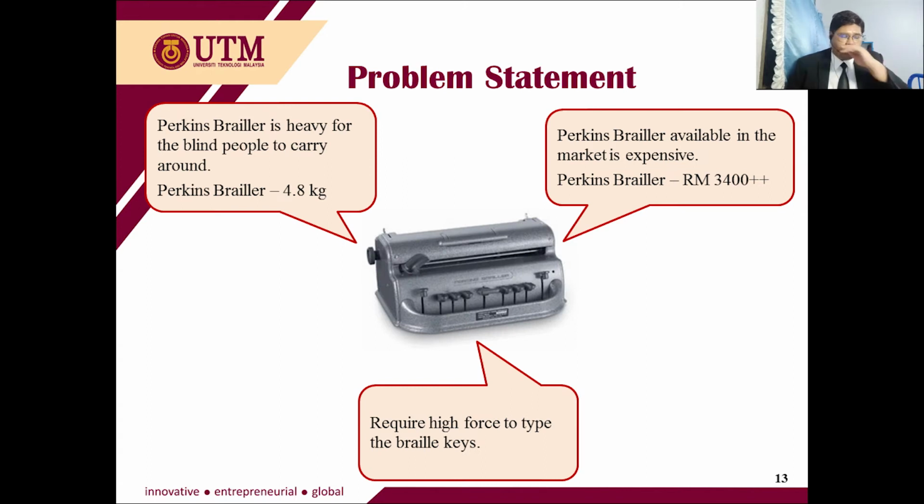Problem statement of this project. The Perkins Brailler is heavy for blind people to carry, weighing about 4.8 kg. The Perkins Brailler is also expensive, costing RM 3,400. It requires high force to type the braille keys. Okay, for the objectives,